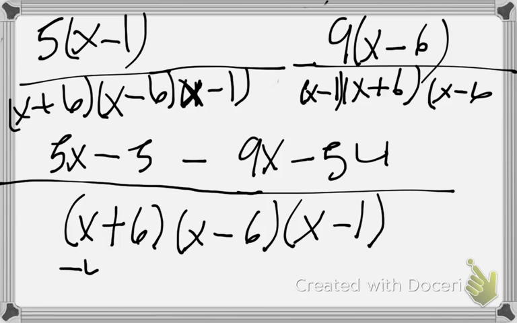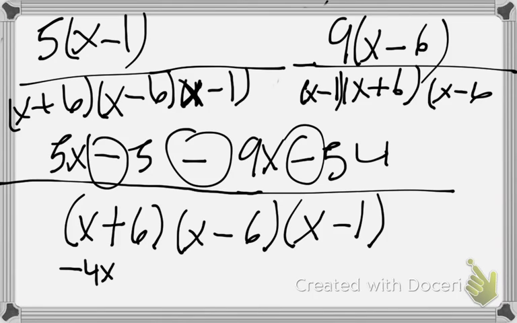So we have negative 4x, and then we have 3 negatives here, and a negative plus a negative means we're going to add, but then we have another negative, so we're going to subtract. But because there are 3 negatives, that makes it positive, so we're going to have